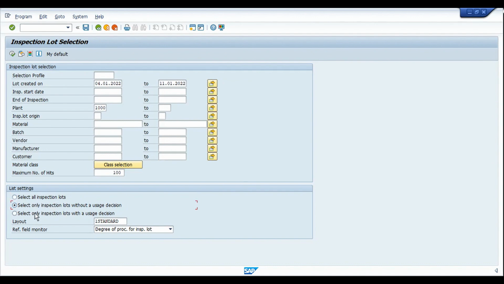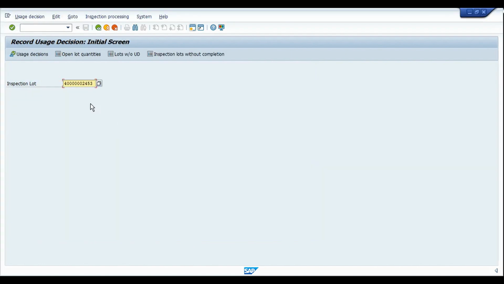You have these radio buttons here, right? In QA32, you can just take out a report and use it for transactional purposes as well, right? Now I'm going back to QA11, and here I've entered the lot,